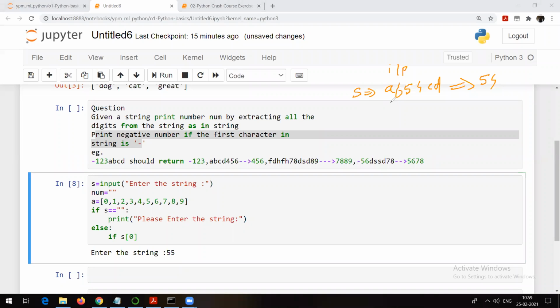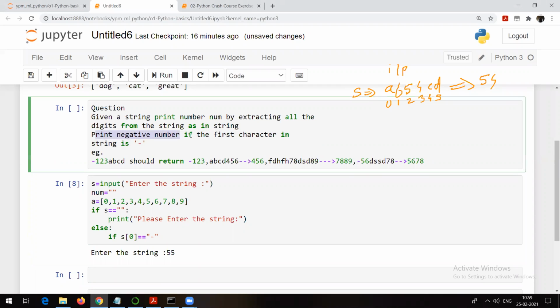If this is my input, this is the 0th character, first character, second character, third character, fourth character, and the character at 5th index. So S of 0 means the first character. First of all, I will check whether the first character is equal to dash. Why am I checking this condition? Because they only ask us to print a negative number if the first character in the string is negative.